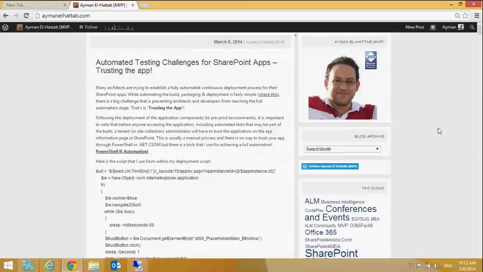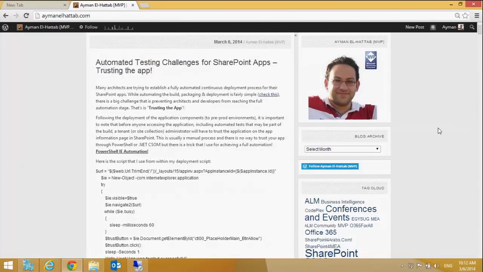After you do a build and deployment, there is a challenge for automated testing to run, right? Which is you need someone to manually trust your app, correct? So that you can start manual testing or even automated testing. And if you want to have this process fully automated, you need to automatically trust the app.